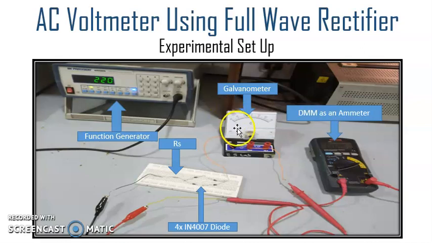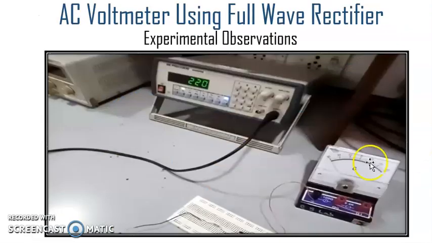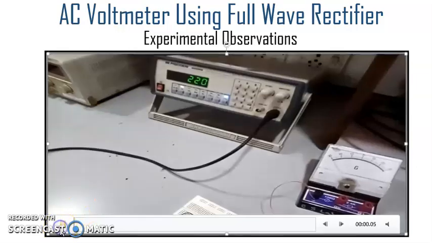That is, when we obtain the full scale deflection on the galvanometer, we must have IFSD equal to 0.30 here. When we have 1 by 2 of IFSD, that is half scale deflection on the galvanometer, we must have 1 by 2 of IFSD, that is 0.15 on the ammeter. This is the cross check which we are going to perform. So this is how this cross check is performed.